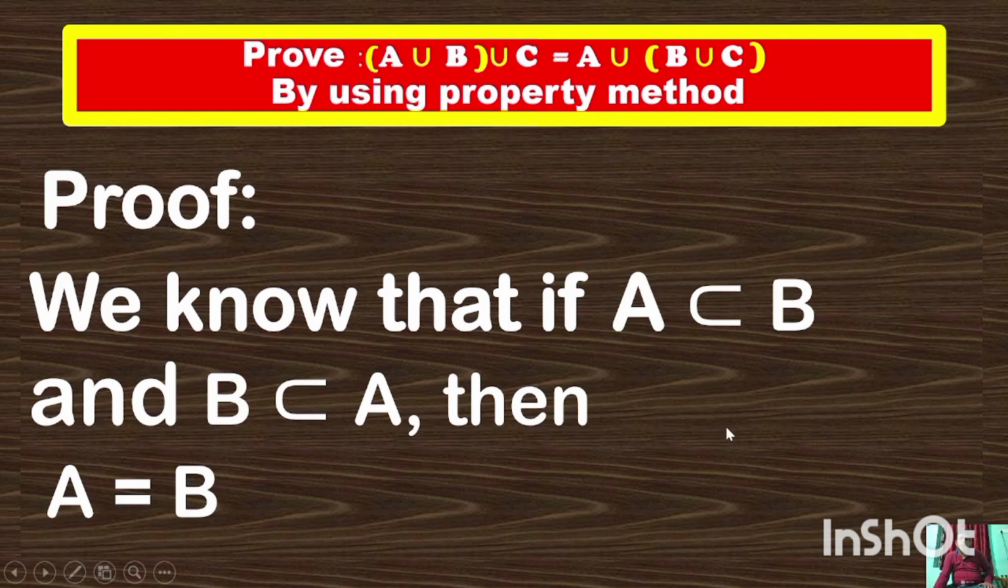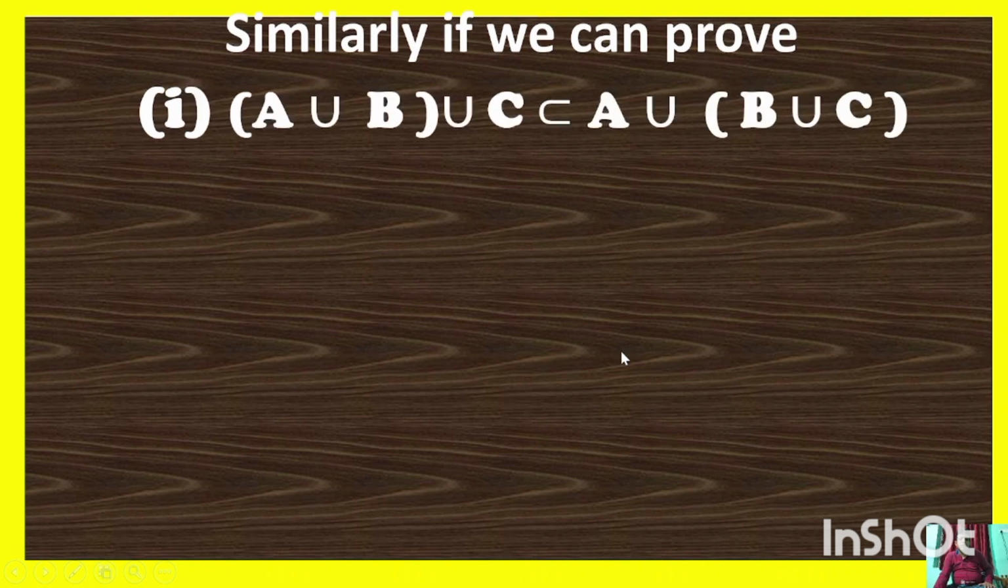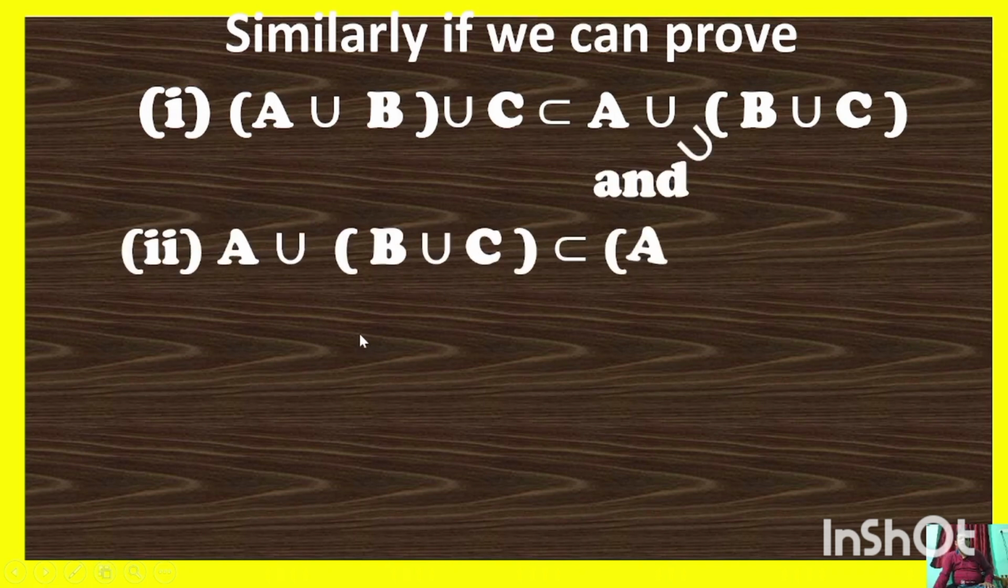Very simple concept in the first class. While discussing the property of the subset, in the same subset we can use it to prove the associative property. Understand? If you can prove (A union B) union C is a subset of A union (B union C), and we can prove A union (B union C) is a subset of (A union B) union C,